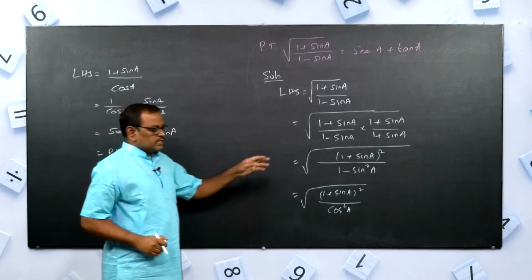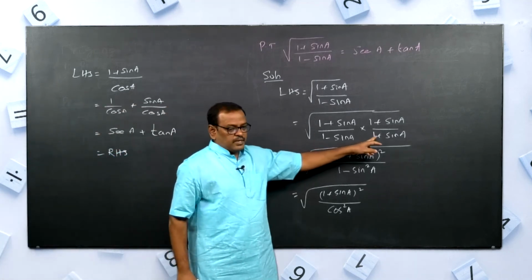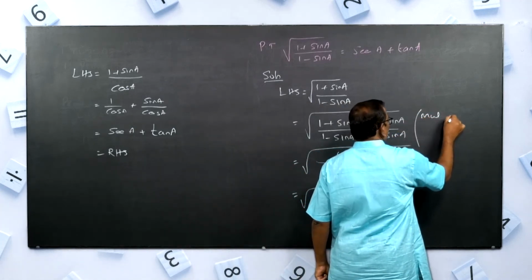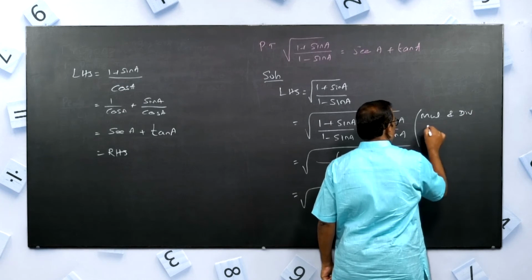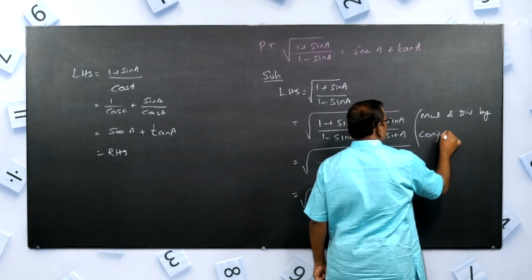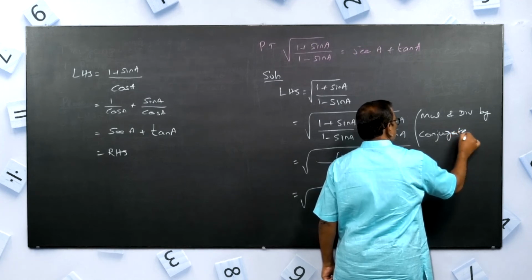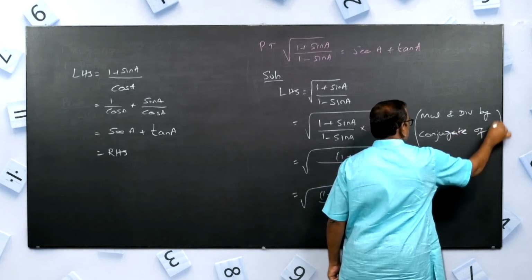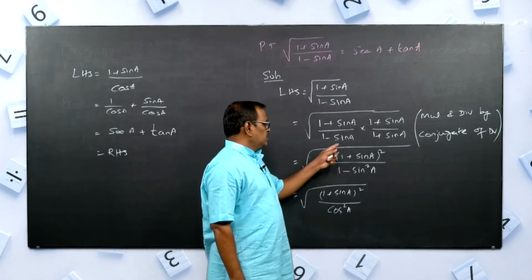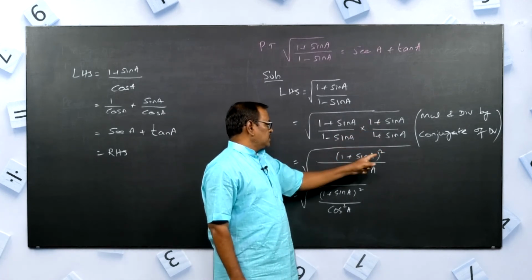What is the concept applied here? Multiply and divide by the conjugate of the denominator. So this becomes 1 plus sin A by 1 plus sin A, (1 plus sin A) the whole square